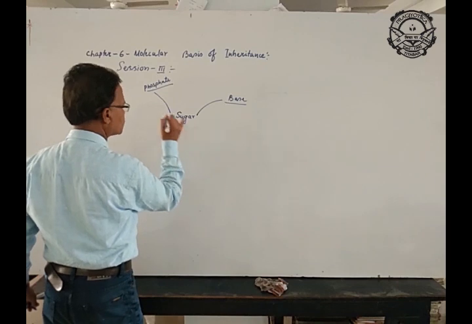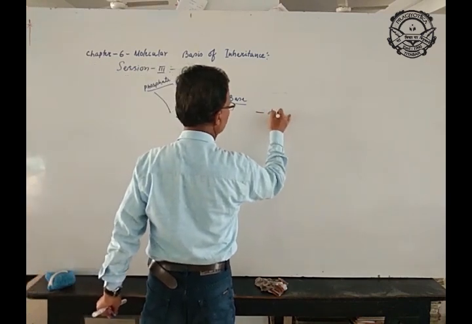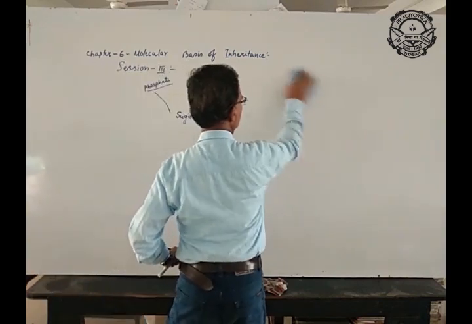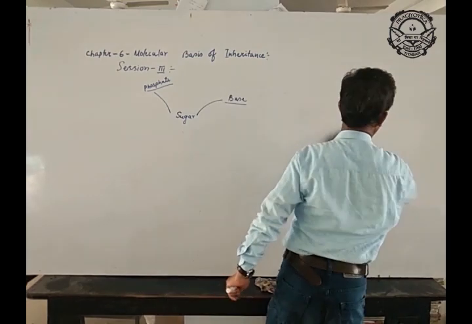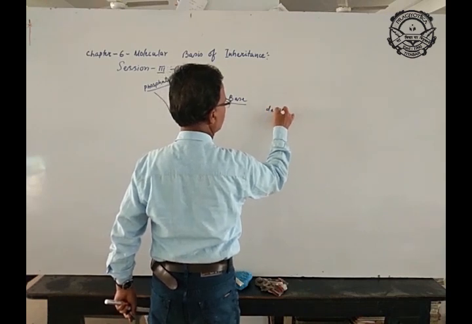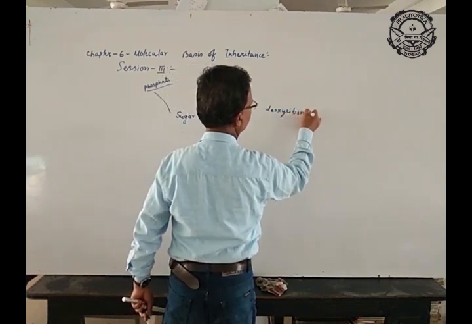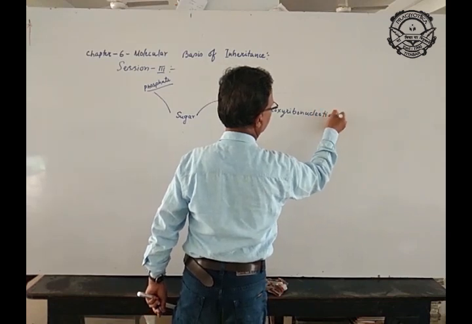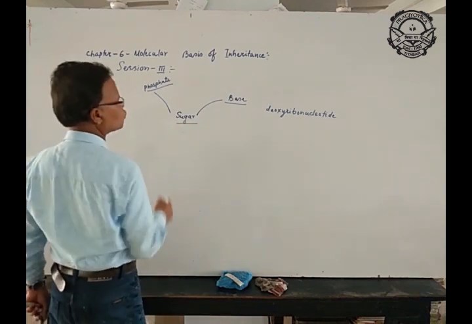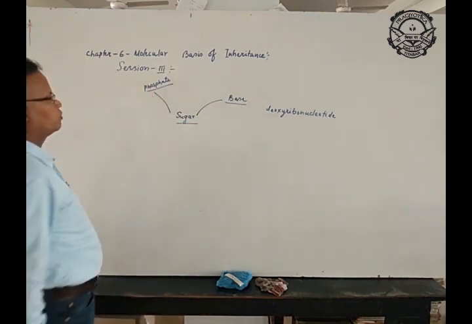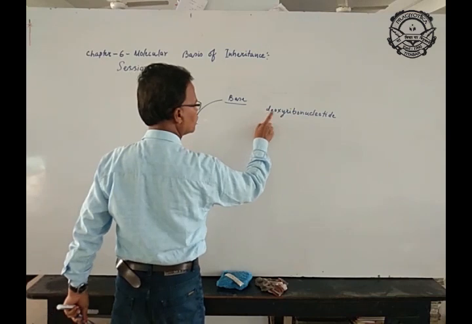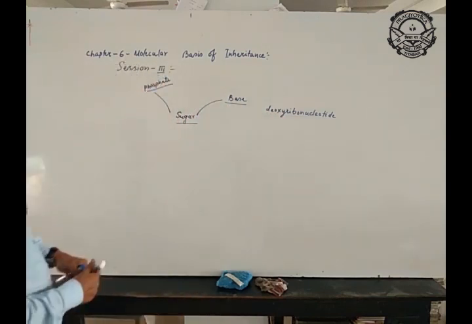the chemical structure of a sugar, suppose it is a deoxyribonucleotide. If I draw the structure of a deoxyribonucleotide, the central molecule is the sugar, on the right hand side a base and on the left hand side a phosphate. This is a diagrammatic sketch for a nucleotide structure. The sugar, if the nucleotide belongs to DNA,